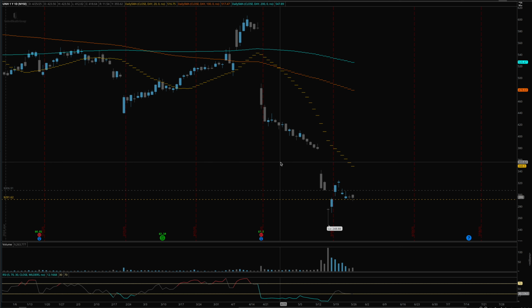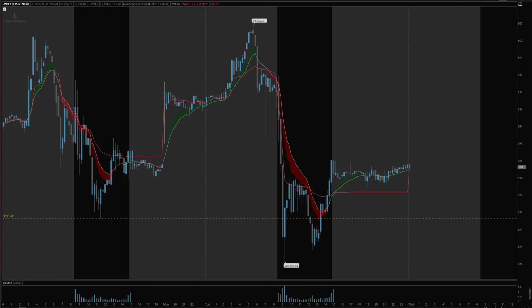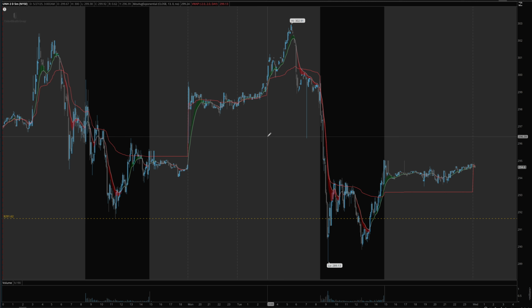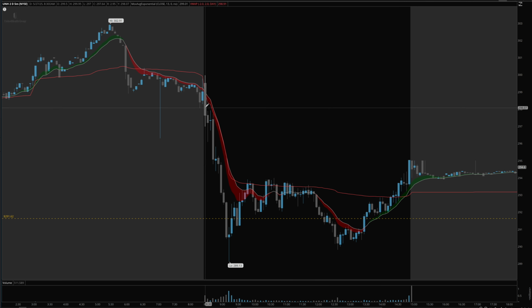So to give an example, before I go to a 5-minute chart, if you look at today's price action, the stock has moved up. It came back to this particular level, which is roughly 290. So this was one of the levels which I was watching today. If I go to a 15-minute chart, and for this example, I may actually need to go to a 5-minute chart. So I will open that here, and as you see, we opened around 300, and this ticker made a strong